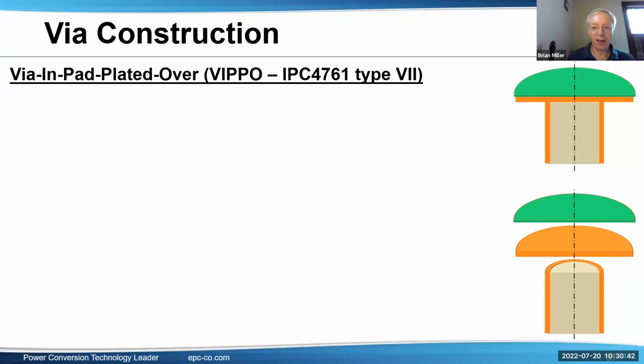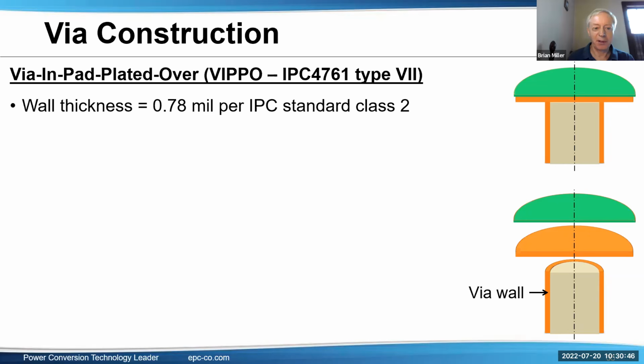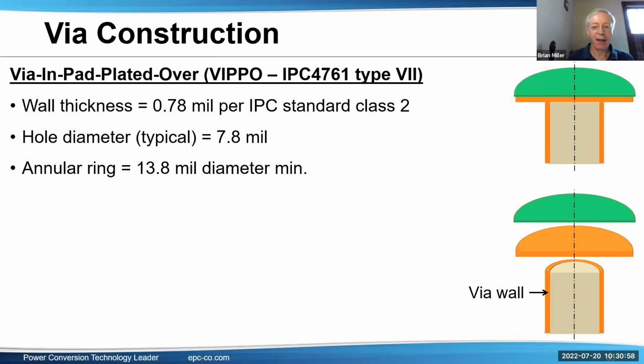Some notes about the via construction. A via in pad plated over. I want to plate it over so the solder doesn't wick into here, and it's a nice flat area. So the wall thickness given here, hole diameter, annular ring, you can see in orange here, plated over,